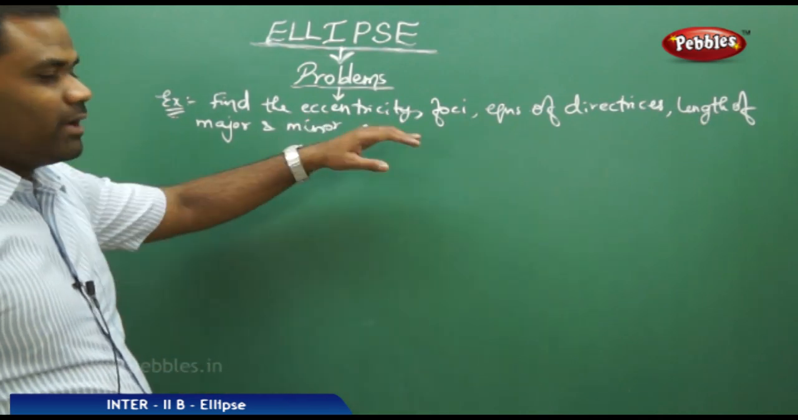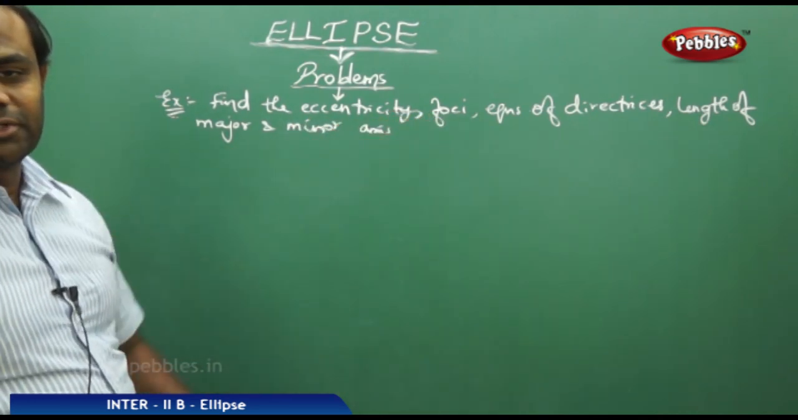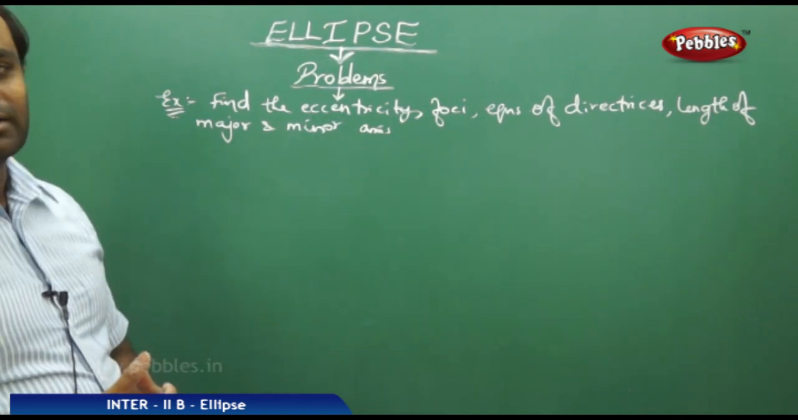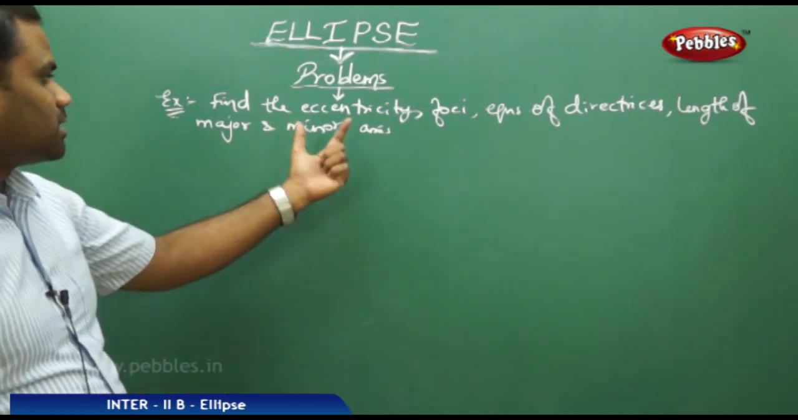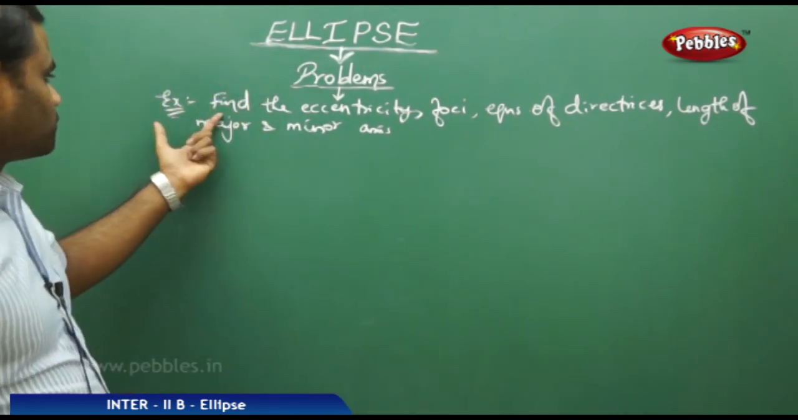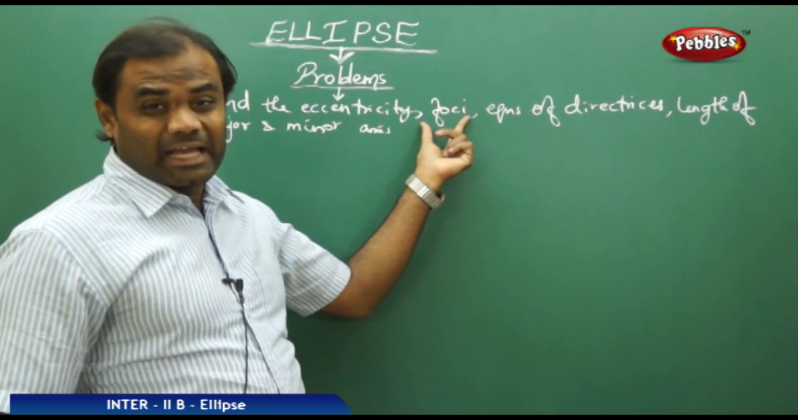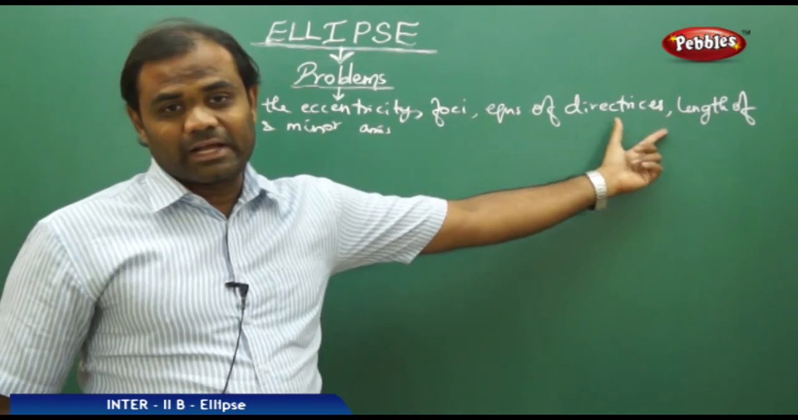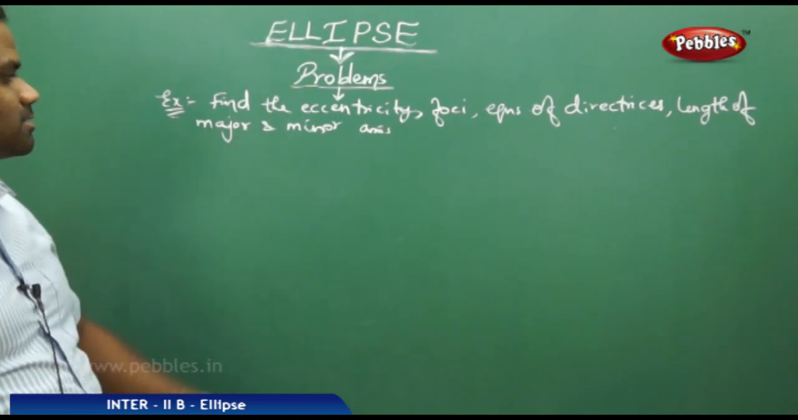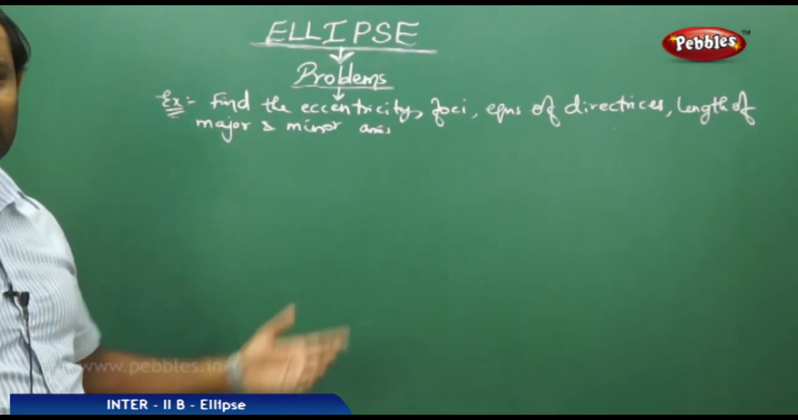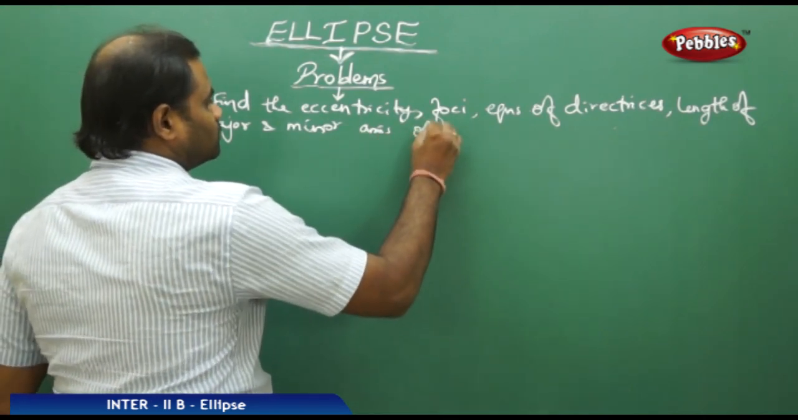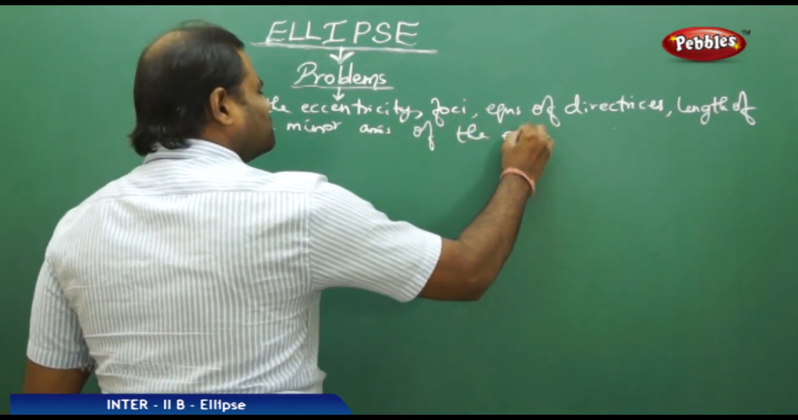So I am trying to cover all the topics which we have discussed together to form the contents of the problem, so that we understand each of them through one unique problem. So we are going to find the eccentricity, foci S and S dash, equations of directrices, and length of major axis and minor axis, and of course length of latus rectum of the ellipse,